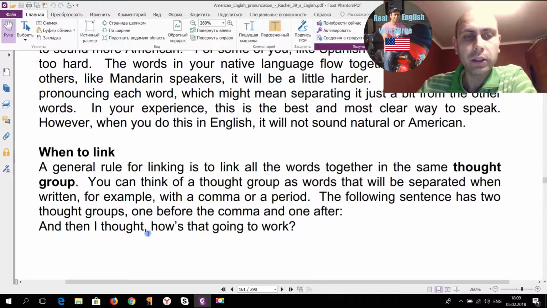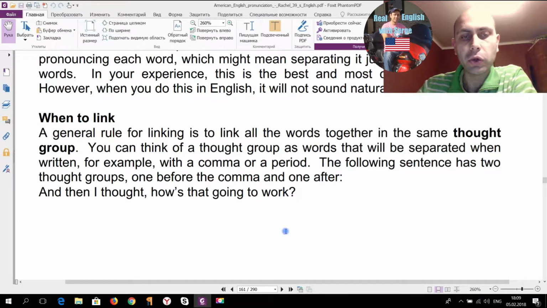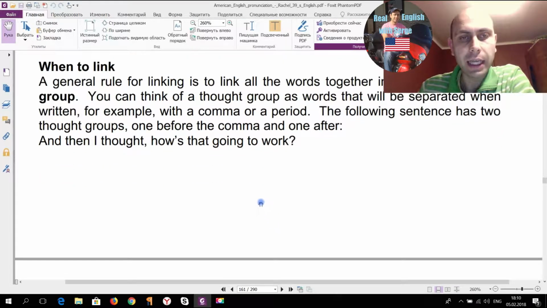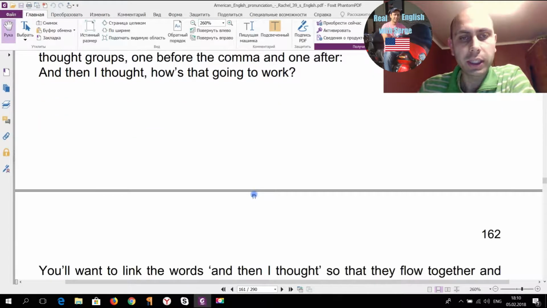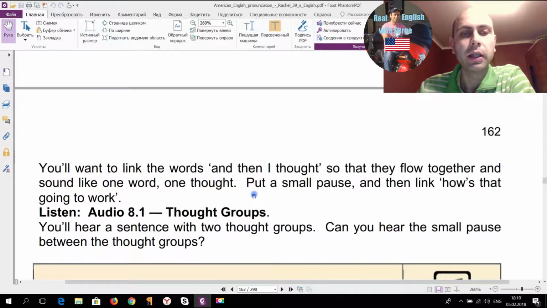So we have two thought groups separated by a comma. And then I thought is thought group number 1. And how's it going to work is thought group number 2. So in each of these groups, all the words are going to be merged, so to speak, together. And we're going to see the examples of linking between words in each of these thought groups.